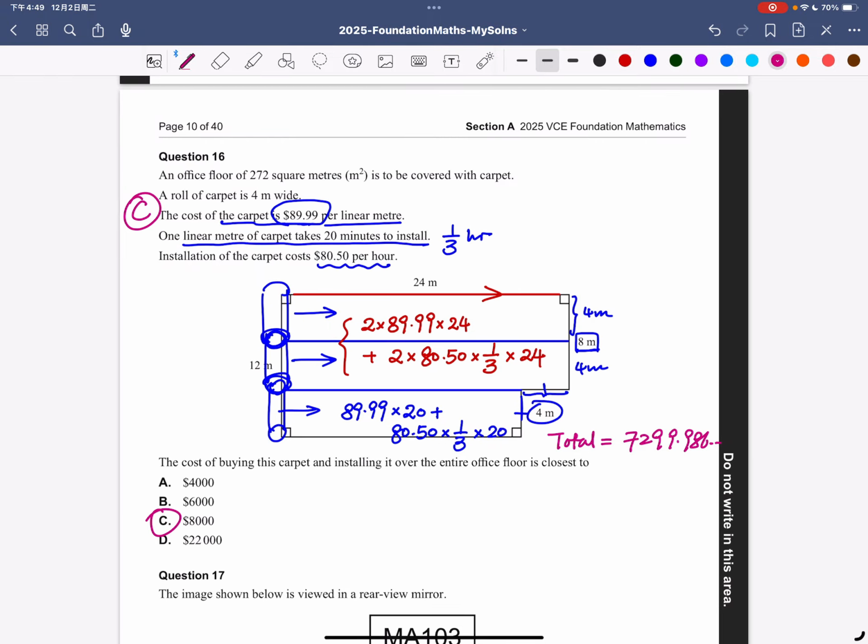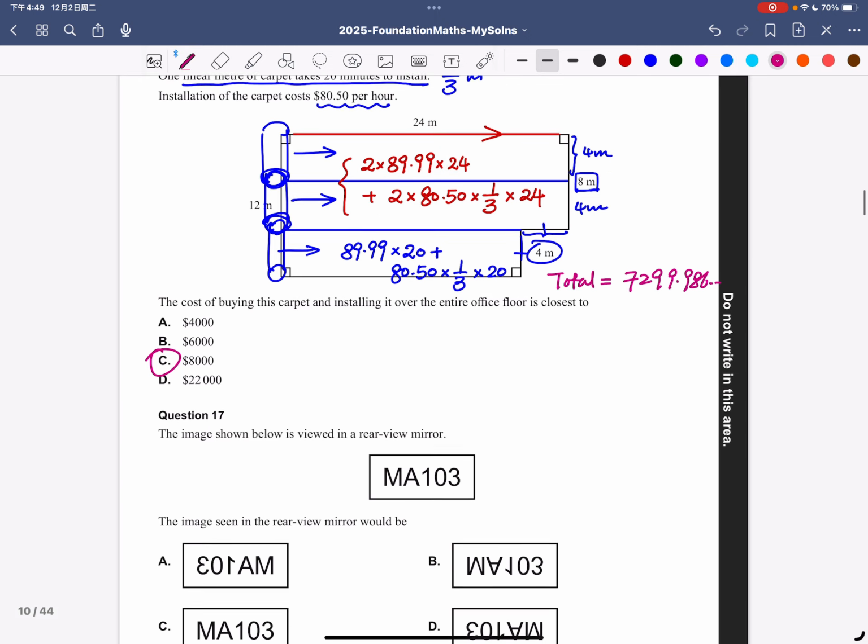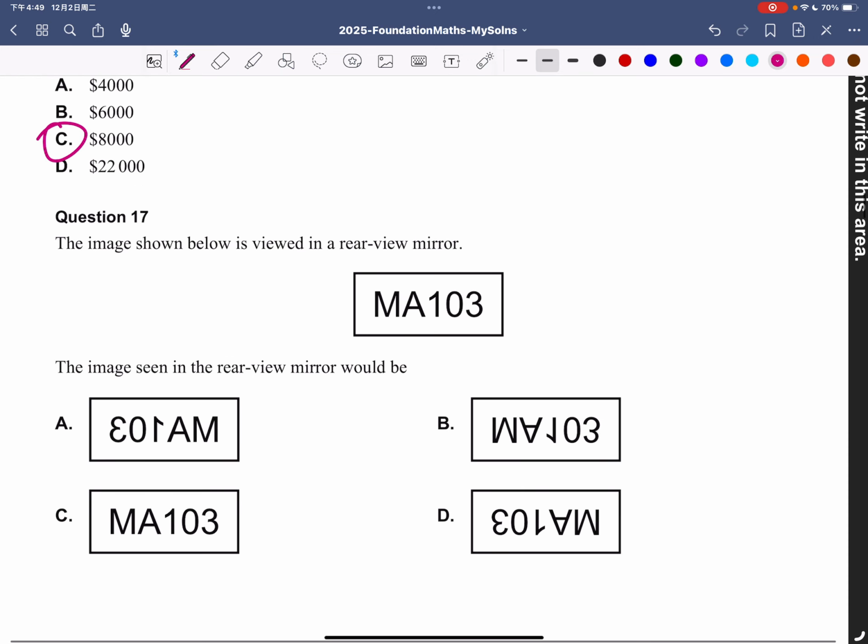This is a very good question. Real life example. Question 17. The image shown below is viewed in a rear view mirror. Okay, just out of curiosity,